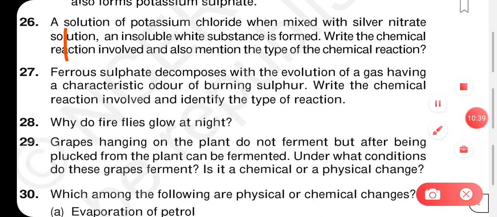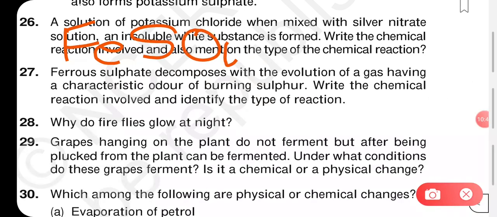So ferrous sulfate, how will you write? You will write Fe, ferrous sulfate, FeSO4. This is our ferrous sulfate. It is getting decomposed with the evolution of gas. So decomposition will involve, it will take up some heat and will get decomposed, right? So here you will write heat. Okay, it will take some heat, so it's a kind of endothermic reaction. It is taking heat, and thereafter